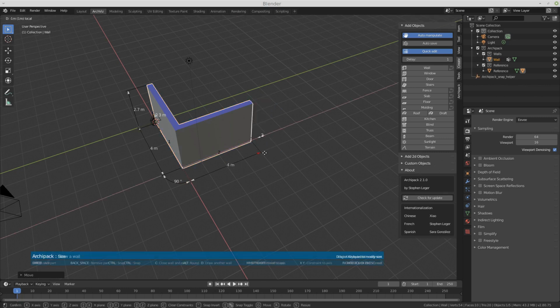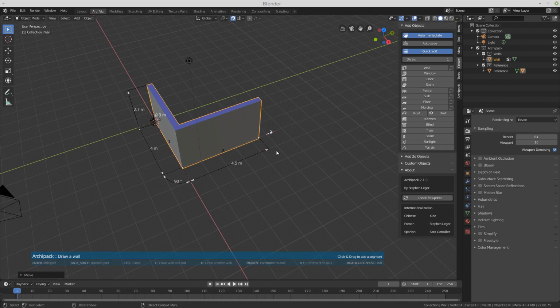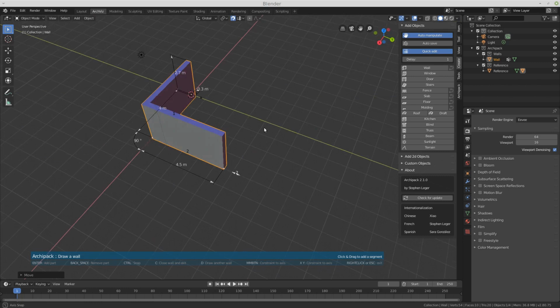The same goes for this one. Here the snap is in action, so it snaps every meter or every unit. Using Shift, this is rounding every 0.1, so you can be precise in your drawing.